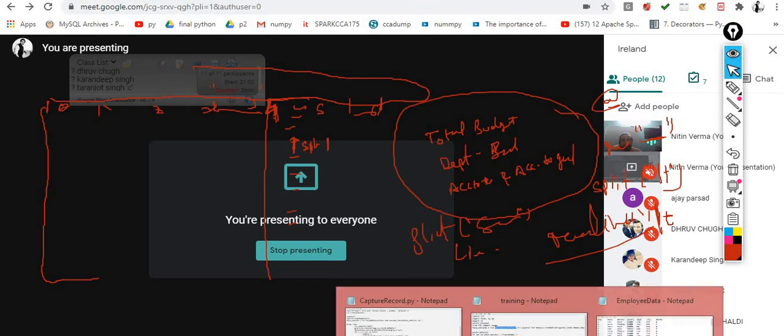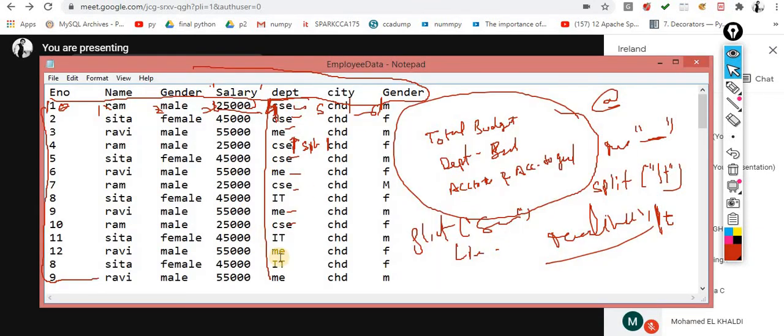In real-time scenarios you will get data like this in the form of files. Now make a code for the same. I'm giving you 5 minutes. You don't need to make a complete code, but just make your initial conceptual view of how exactly you will perform this.